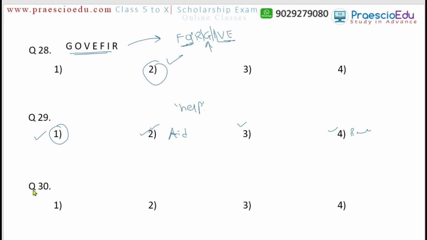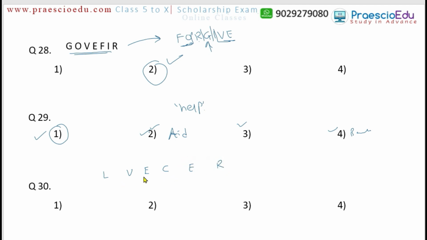Now question 30. Make a meaningful word taking the second letter from the given words. These are the words given: play, ivy, hence, score, peer, frog. Which letter will be at the third place from the right end in this meaningful word? First we have to take all the second letters from the given words. In play, the second is L. Then in ivy, V. Then the third one, hence: the second letter is E. Then score, here C. Then peer, here E. Then frog, here R.